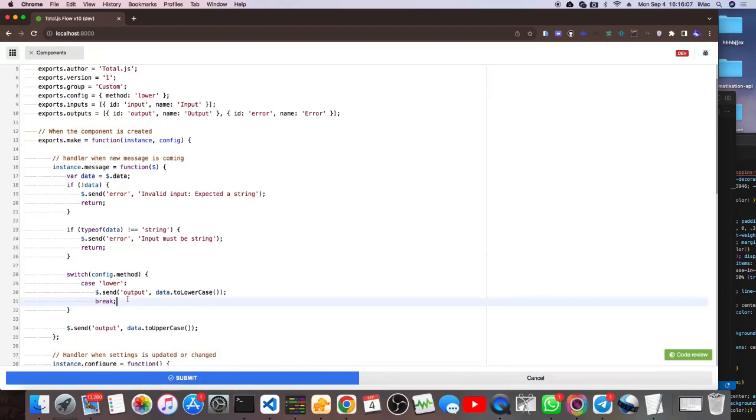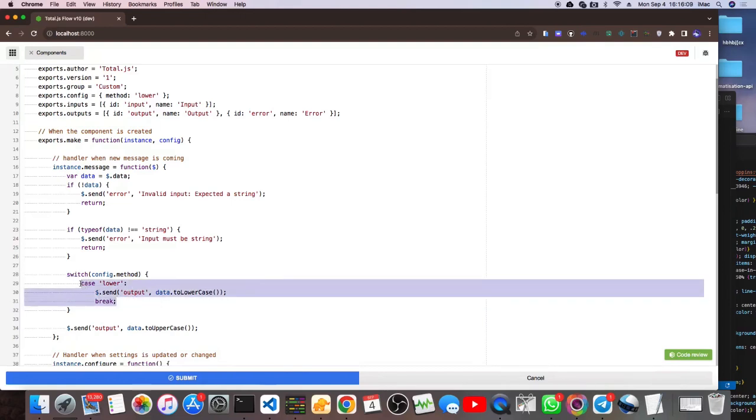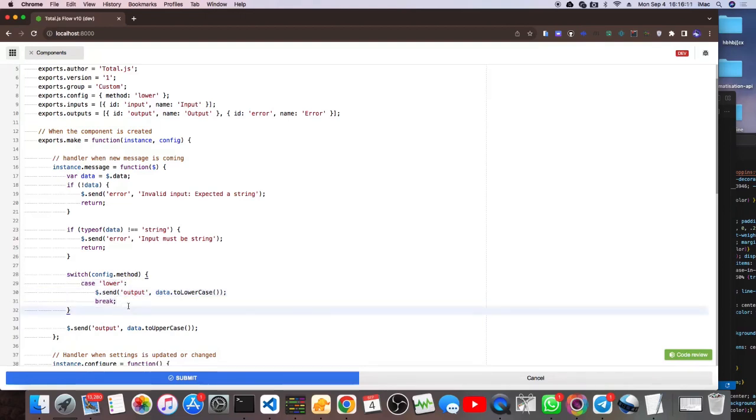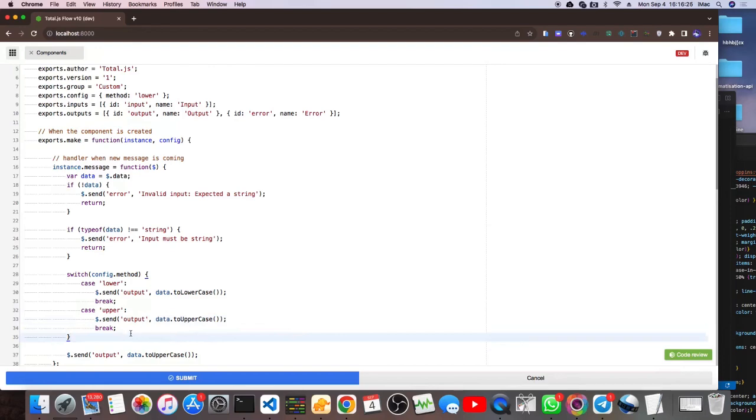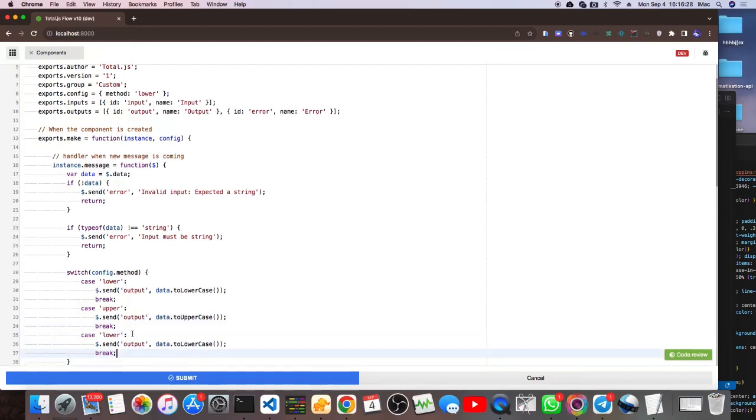Okay, and let us do the same thing here. We don't want to waste time typing too much. If the method is upper, then we put toUpperCase. We do the same for slug. If the user chooses slug, for example, we are going to send